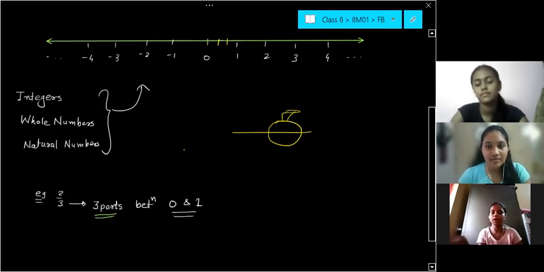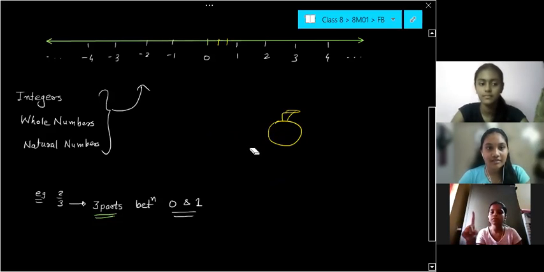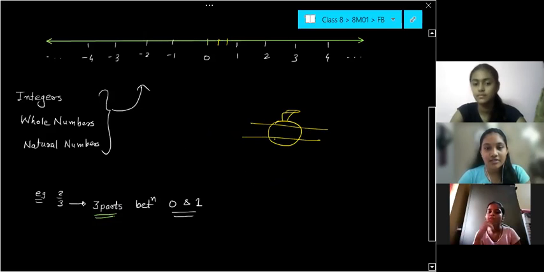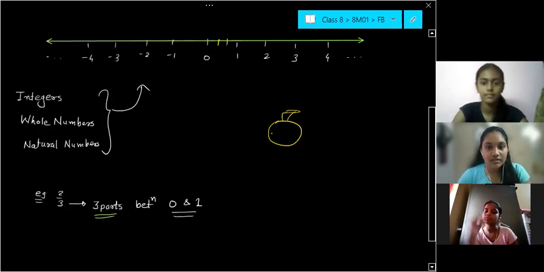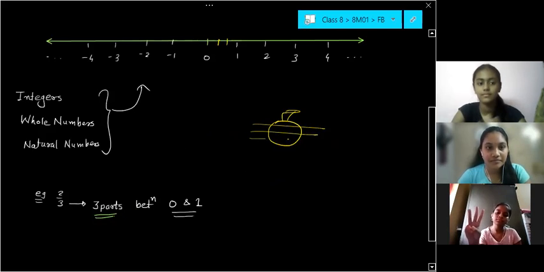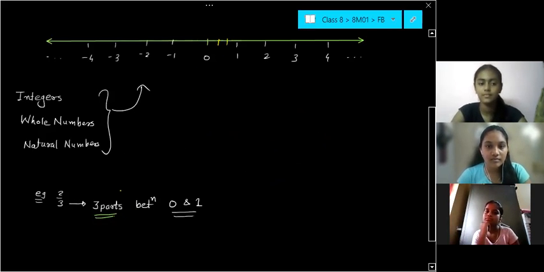Only one, na? Sir, 1. Yes. If your mom is telling you to cut it into 3 parts, how many cuts do you have to make? Sir, 2. So for 3 parts, we require 2 cuts. For 2 parts, we require 1 cut. If there are 4 parts, how many cuts are required? Sir, 3. In the same way here, for between 0 to 1, if we have to make 3 parts,